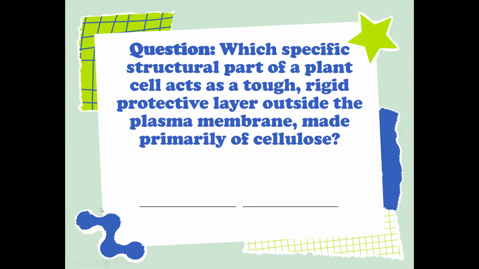Which specific structural part of a plant cell acts as a tough, rigid protective layer outside the plasma membrane, made primarily of cellulose? So the answer is wall, or we can say cell wall. ठीक है. Next,